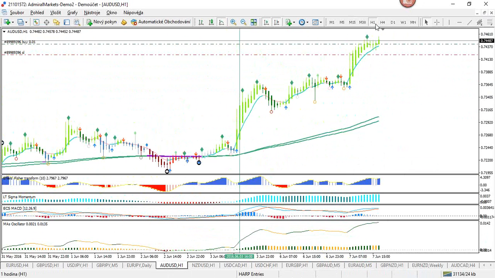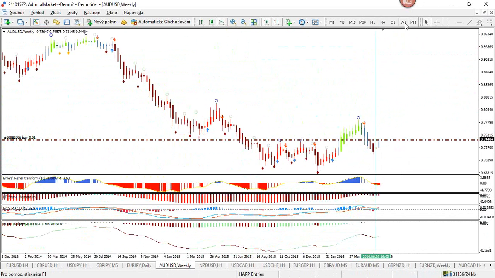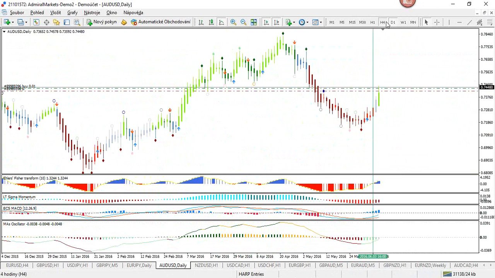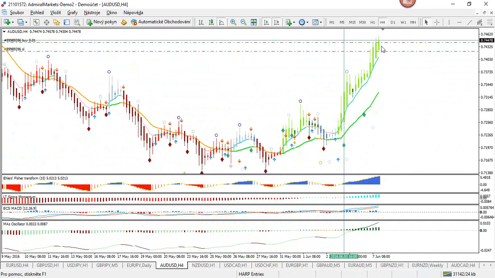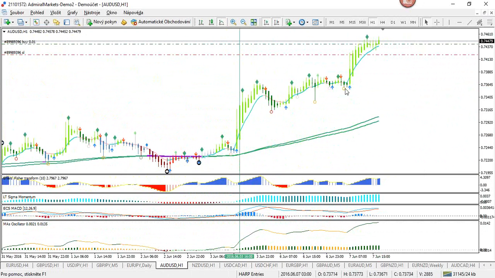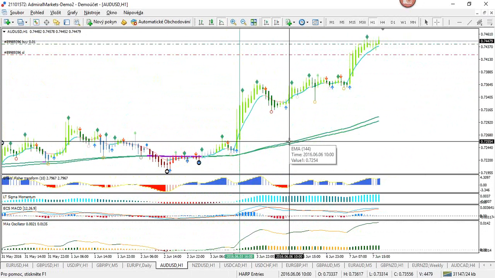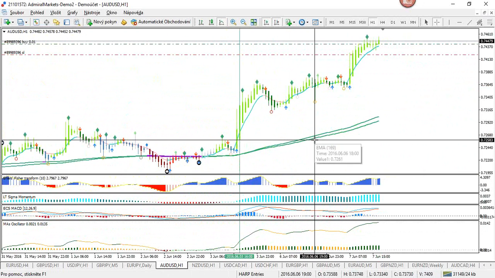All right? Aussie was also a bit of an example today. We got 1 hour. Let's take a look. We have daily is up, 4-hour is up, 1 hour is up. So 4 hours up, and we had a 1-hour retracement. So we had entries here and here,